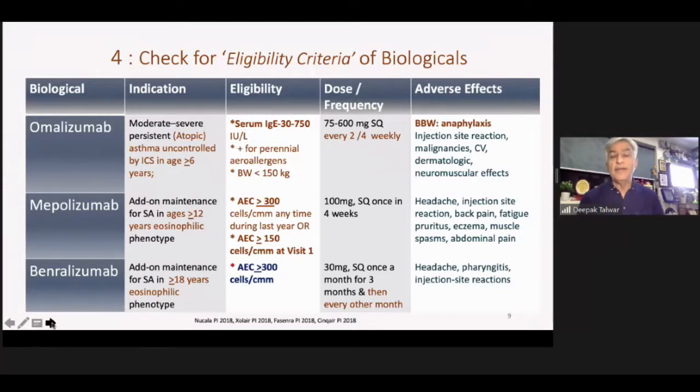On the other hand, there are patients in whom the eosinophils are very high, and they are looking for a drug which can be used only every month or every other month. Then benralizumab is the choice, which after 3 months becomes every 2 months rather than every month. On the other hand, omalizumab needs to be given every 2 to 4 weeks, because the dose depends not only on the serum IgE level, but also on the body weight of the individual.